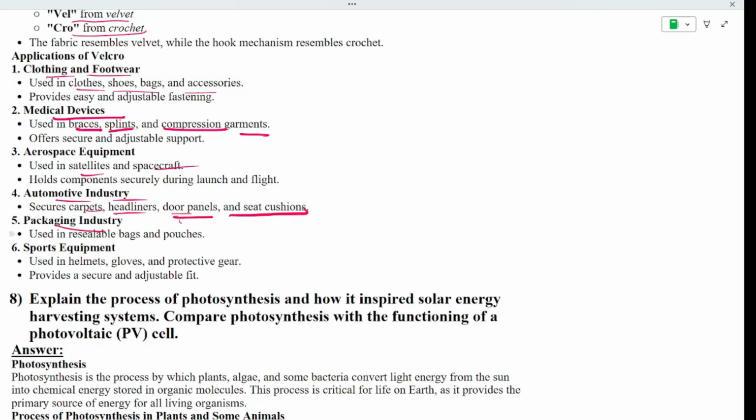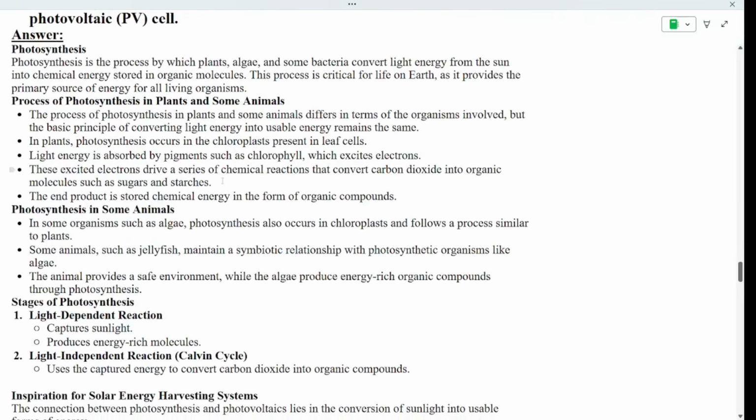And next is the packaging industry for resealable bags and pouches. Now if you have a tetra pack, it also contains this Velcro. And next is about sports equipment: helmets, gloves and protective gear will have it. Next, if we see, is about